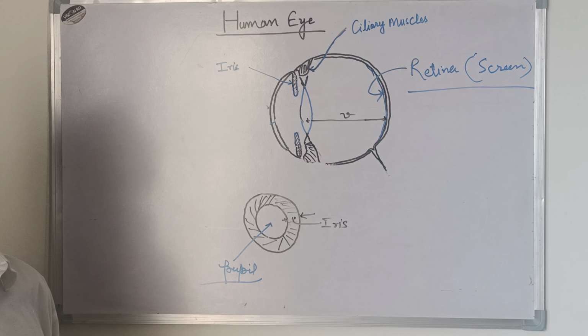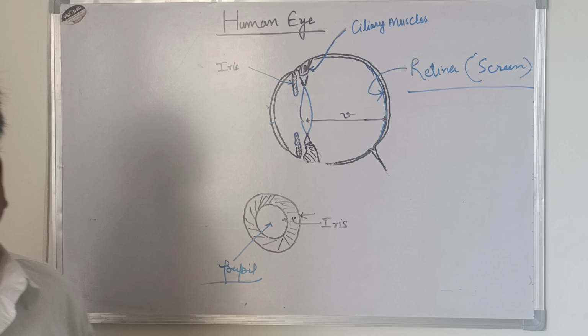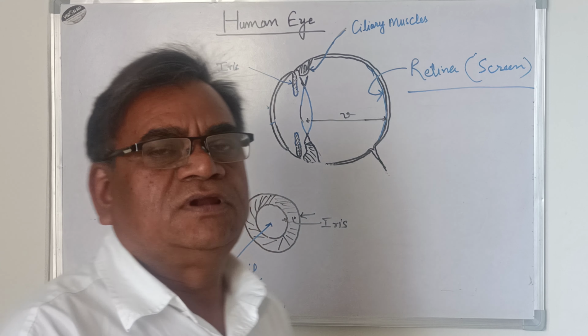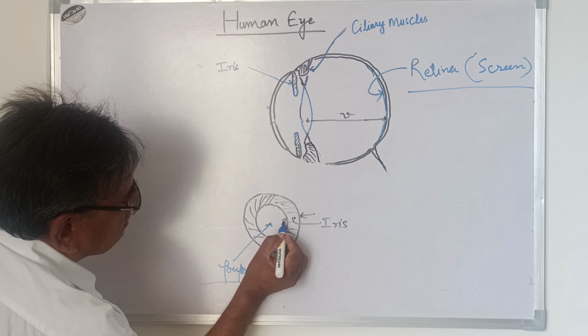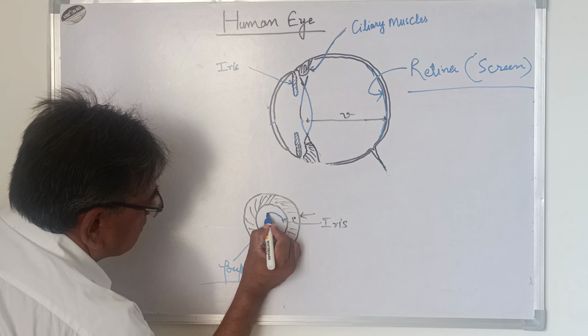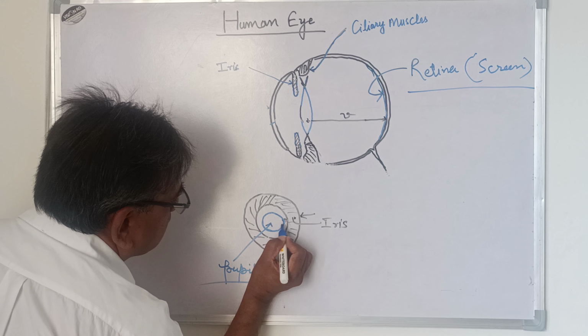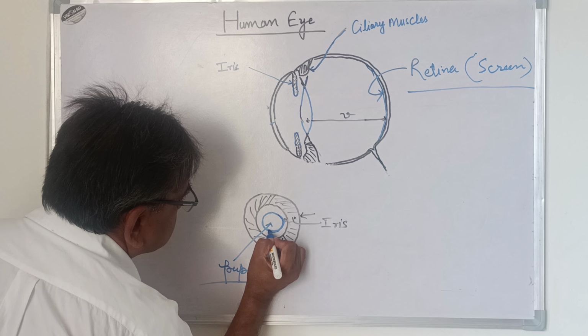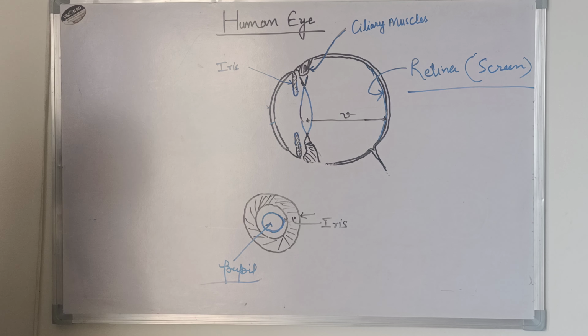When we see in bright light, what happens? We need less light to enter our eyes, so the thickness of the iris increases. It comes in, and our opening shortens. ये पुपिल, हमारी ये opening जो है, कम हो जाती है. And when we go,